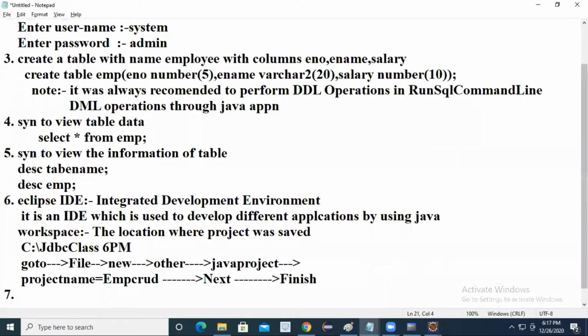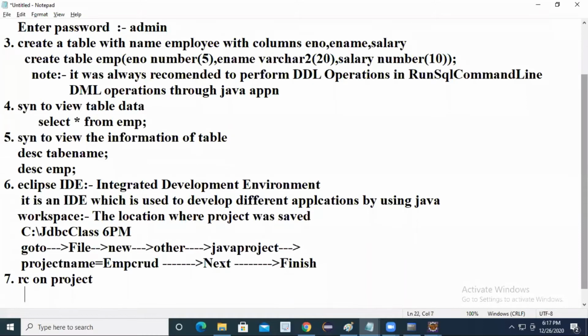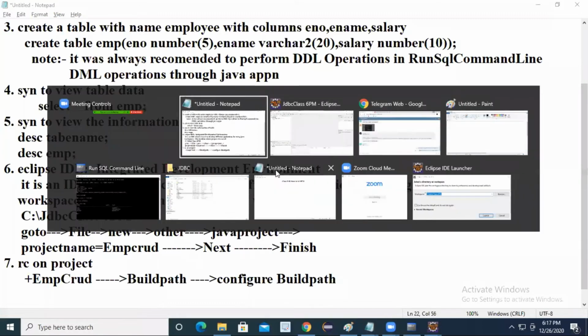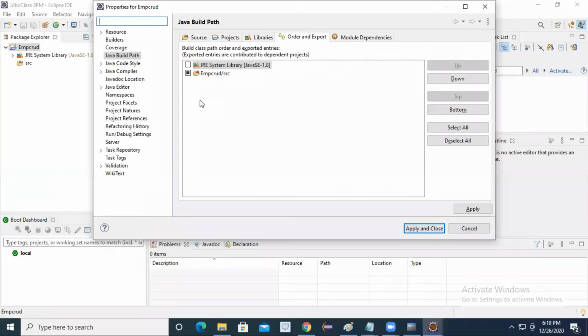Try to listen carefully. Right click on the project, that is EMP CRUD. Select Build Path, and there select Configure Build Path. There you can select Libraries.